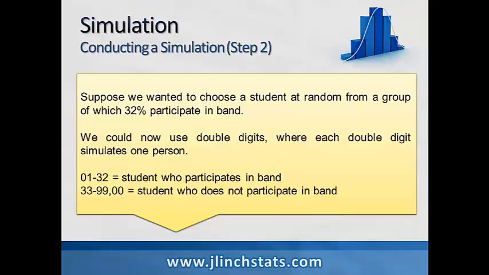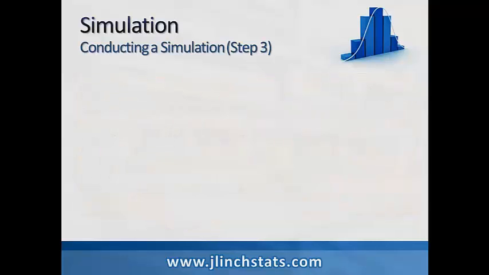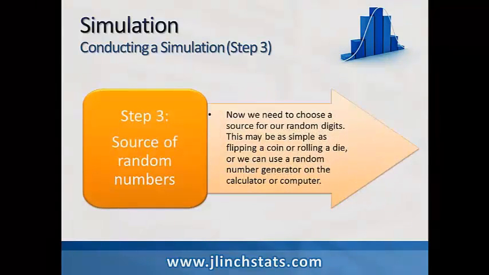So those are 2 examples of assignments of random digits that we could tag to the situation at hand to do a simulation. Now in step 3, we need to choose a source of random numbers. This may be as simple